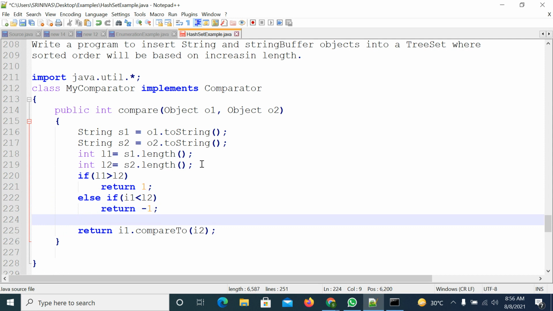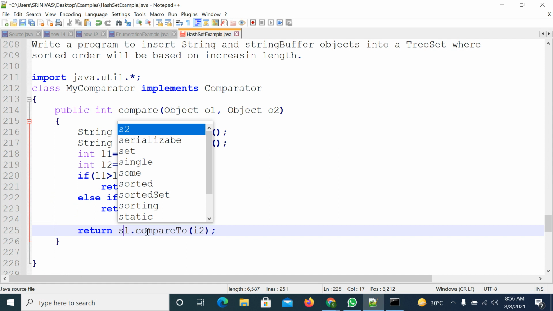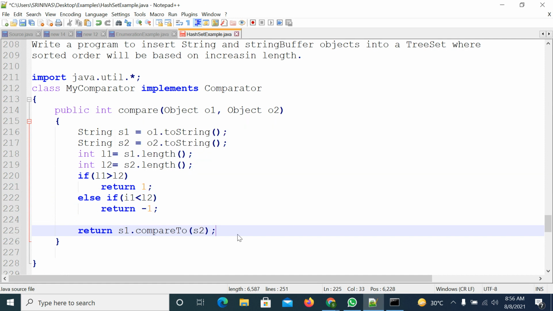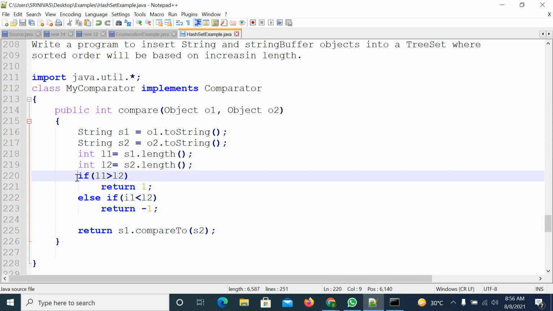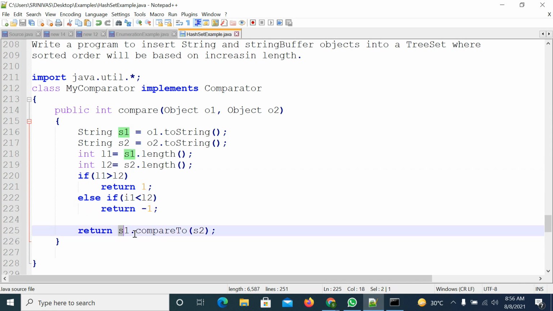Else, it has to work based on the dictionary order. Already dictionary order logic is there, so you can work on S1 dot compareTo S2. So now first you are calculating the length of the strings, you are sorting based on the length, and if both lengths are equal, then you are applying dictionary order.